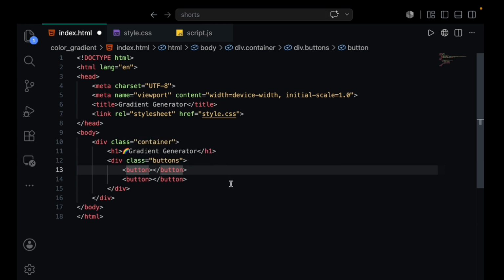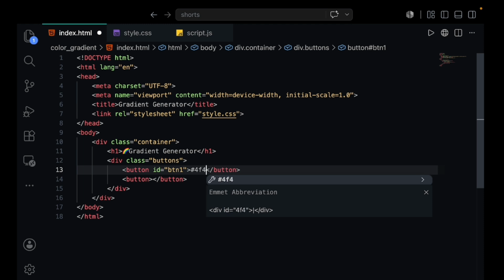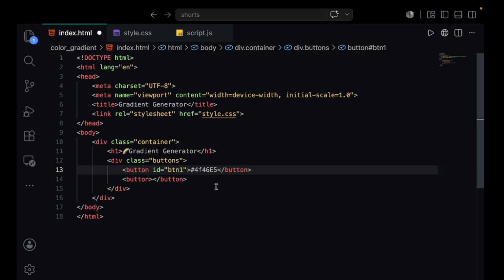And let's give an ID called btn1, so that it's going to be the first button, and give it any random color. Suppose I'm giving this one 4F46E5, any default color we can give.